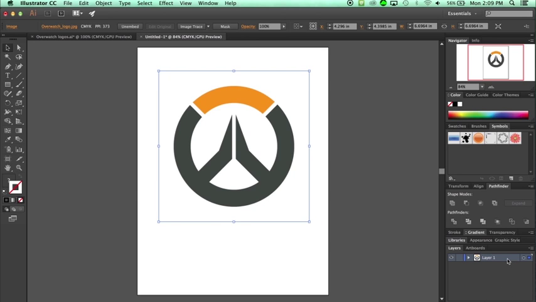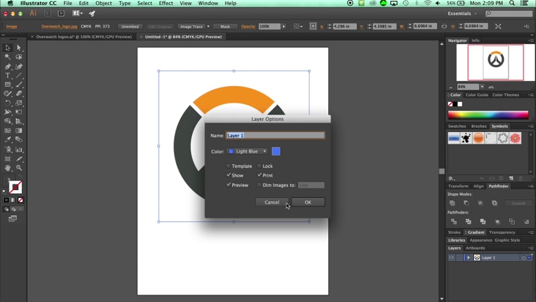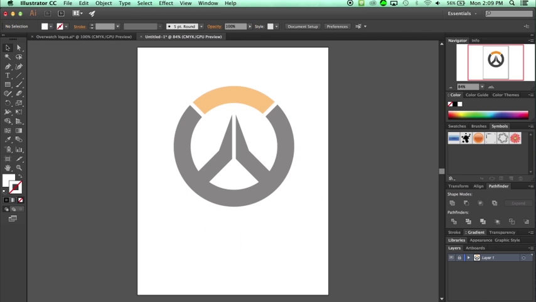Now we will click the layer. Now when we click the layer, that will allow us to hit template. That dims it by 50% and locks it. So that's what you want to do with the layer that you just placed on there. I'm creating another layer now. With that other layer, that's where I will do my artwork,